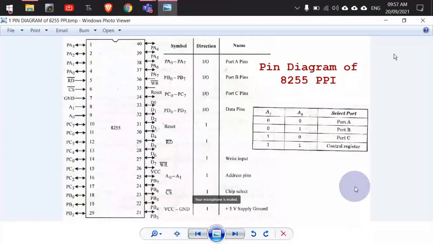All you have to do is make a very good summary of this 8255 PPI, so that whenever you see that summary, you will be able to revise everything. You don't have to see this 1 hour lecture again and again, right? So all the important points should be made in the form of a smart diagram, so that the meaning will be clear to whosoever reads it in the first go, right? So that's what you have to do by the end of this week. At the end of this week, I will give you one simple and short assignment to submit, right? So that will be there.